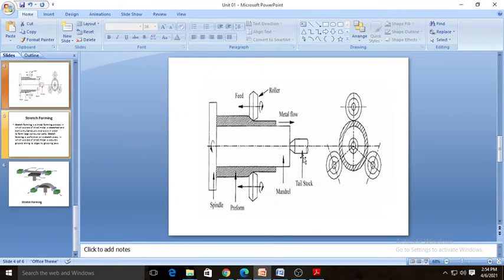So here now it is clear that this is the mandrel which is fixed inside the workpiece. This workpiece is rotated along with the mandrel, and there are two rollers having rotational as well as forward motion, and they are thinning this workpiece and giving it the final shape. A lot of friction and deformation is observed in this flow forming process, which causes the workpiece to heat if proper cooling is not provided. Okay, so this is the flow forming process.